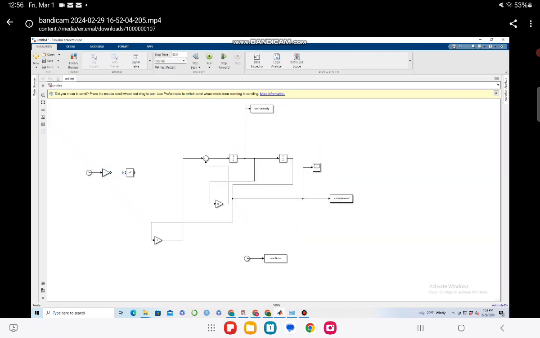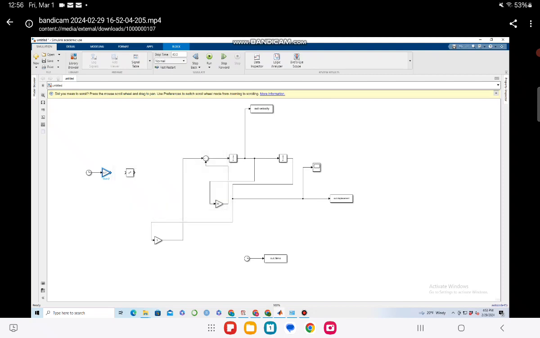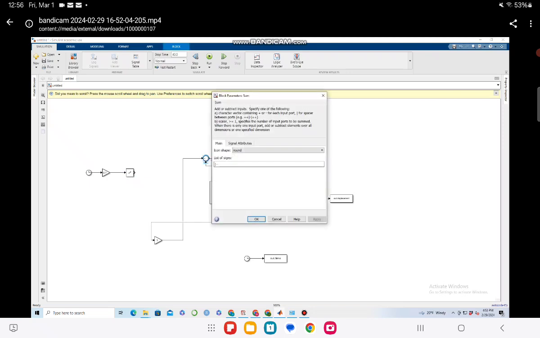Then we want to be able to set the multiplier times t, so we wanted the 0.1 here. By double clicking on that, I can change the gain as before. So now I'm running t through a 0.1 gain,